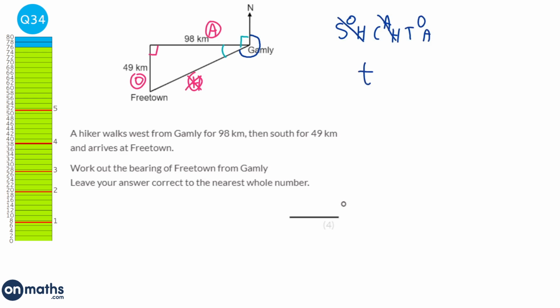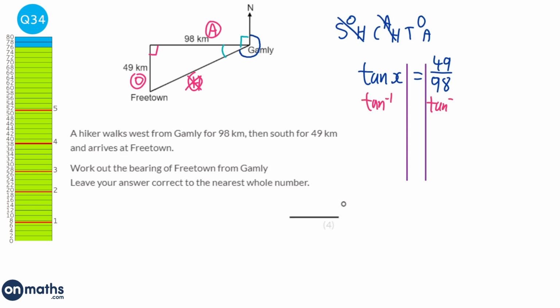And so we're doing tan x equals the opposite, which is 49 over 98. Get our lines in. And we're going to do the inverse tan to both sides. So we get x equals inverse tan,